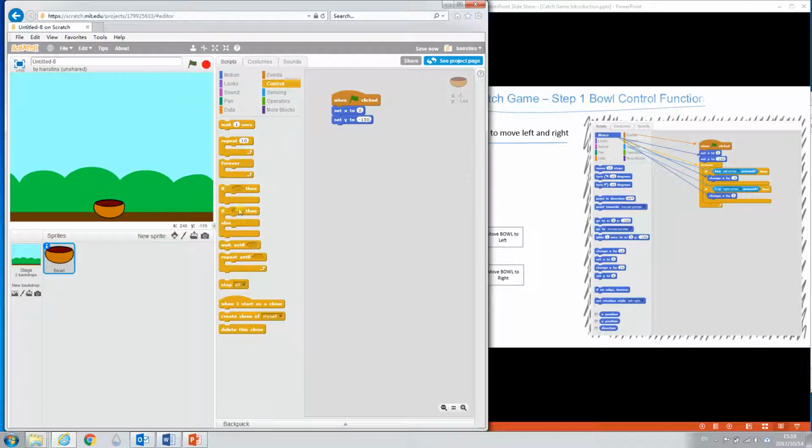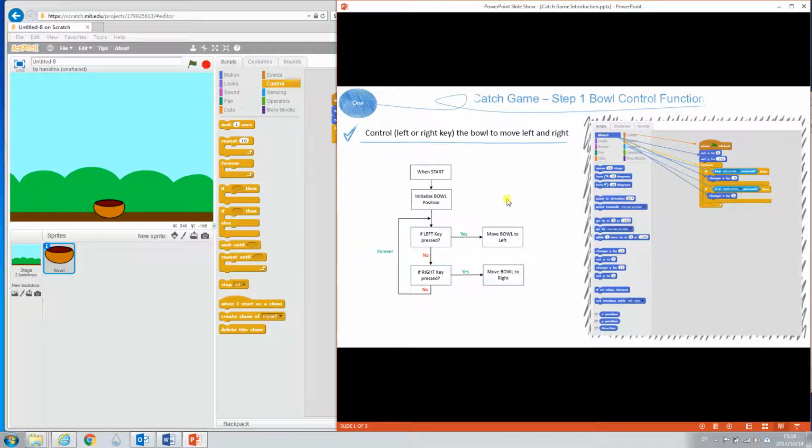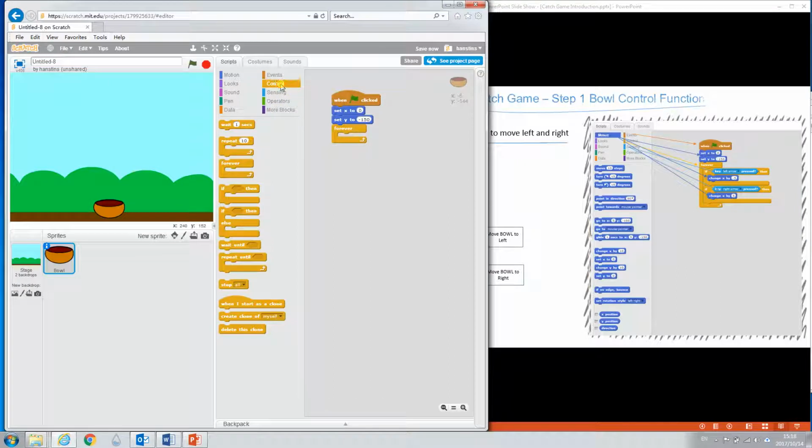Click Control and drag forever and place it here. Forever means the software will forever implement any actions which we drop into this blank place. So what we want to do is sense if the left or right key is pressed or not. So we still use the control system and then drag another important block function, which is called